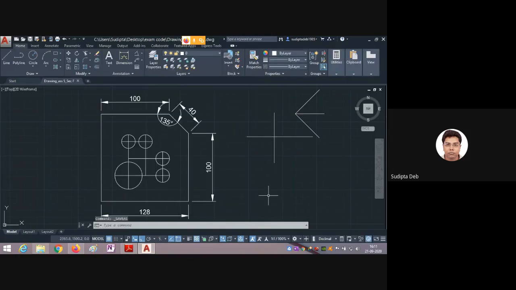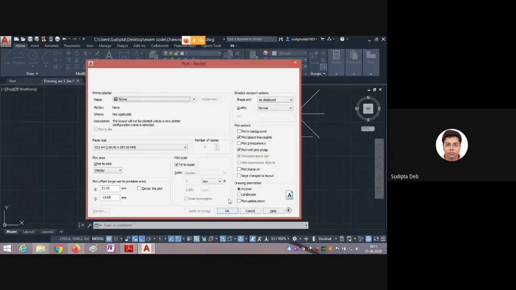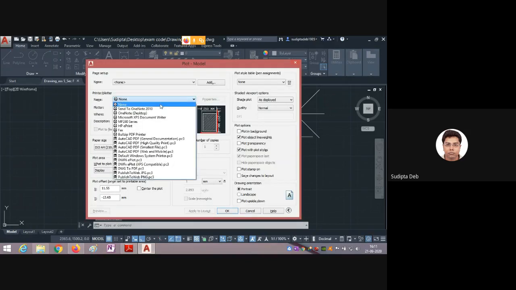Now you can modify it, but if I want to take a printout of this particular drawing, then we have to save it in PDF format. In that case, the command is plot, enter. Then we have to select here AutoCAD PDF, high quality.